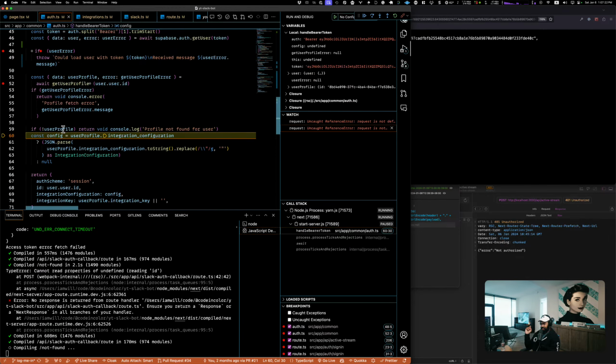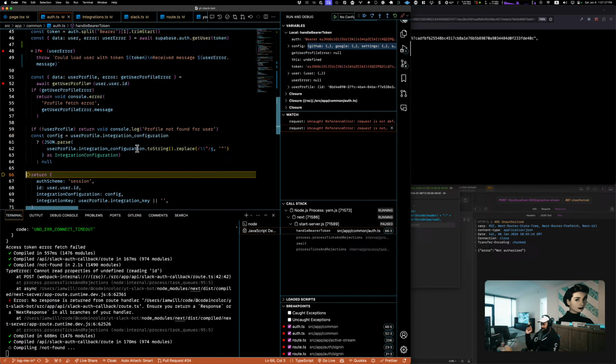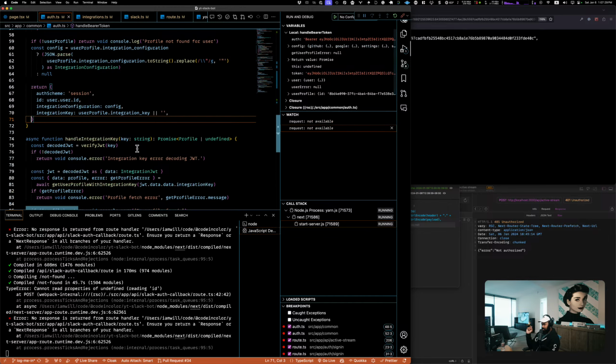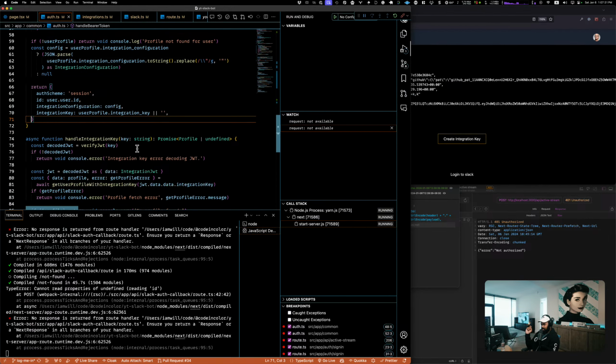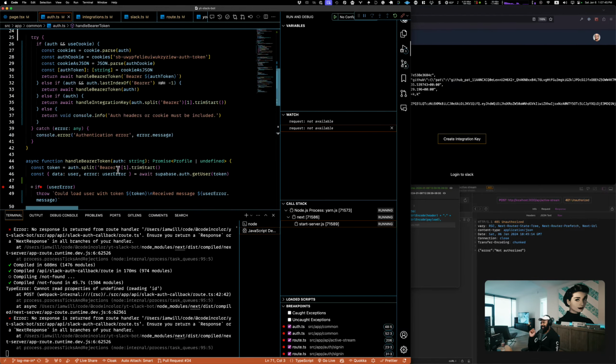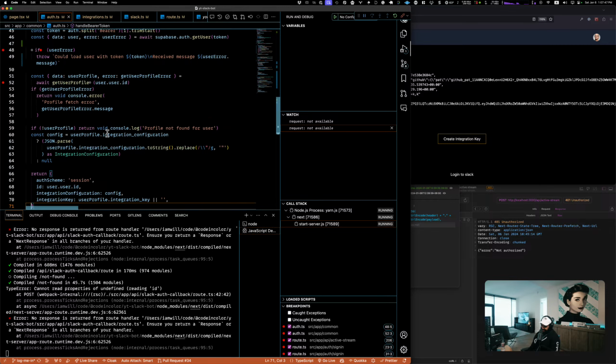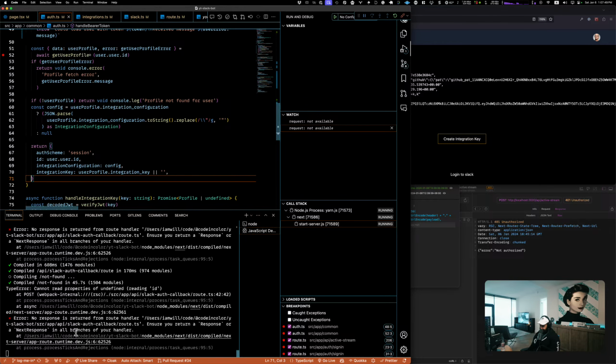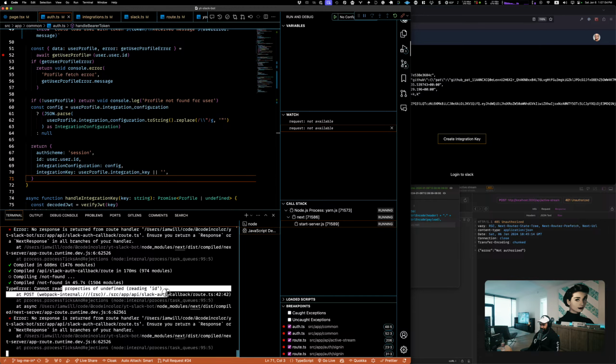All right, maybe it's failing here. Okay, I have no idea what's going on right now. Wait, what? Cannot read properties of undefined reading ID? What the hell? Like, what are we reading?